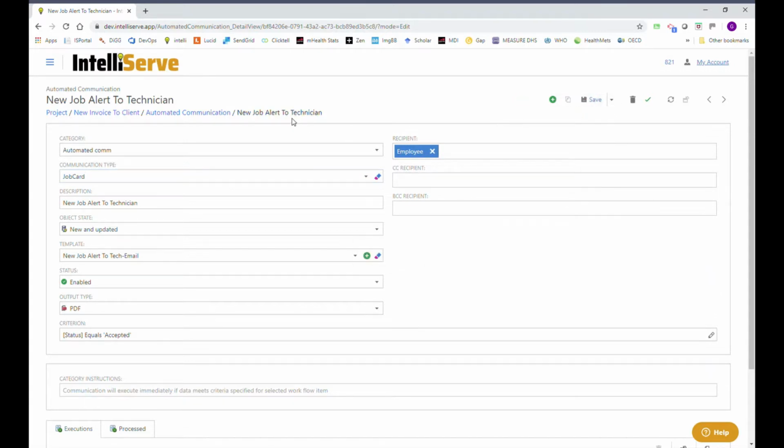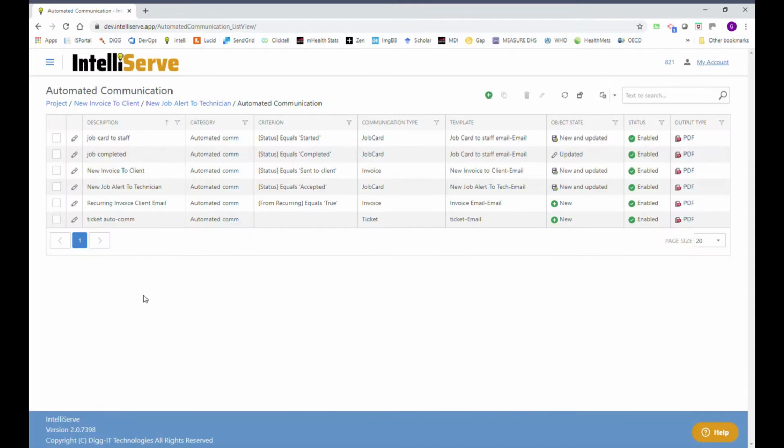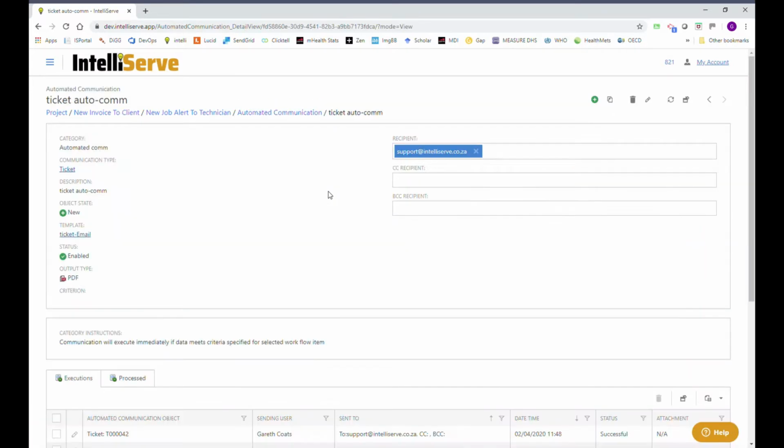Just to have a look at one more example, let's look at this ticket AutoCom. So this one is a little different. It has no criteria. So this particular one will send an email to support@intelliserve.co.za as soon as a ticket is created, and there's no criteria. So as soon as a ticket is created and saved, the system will send a PDF copy of that to